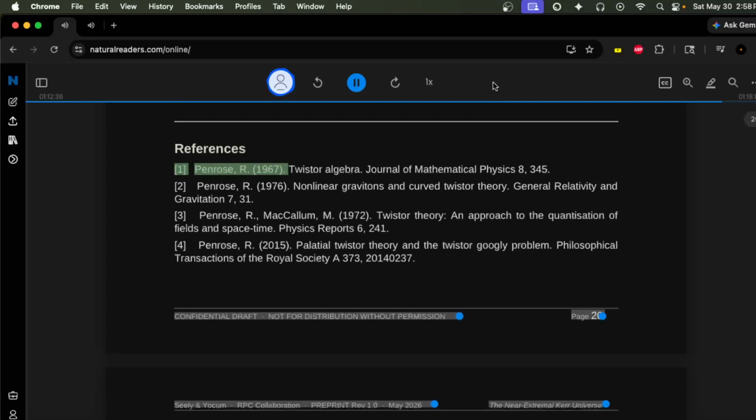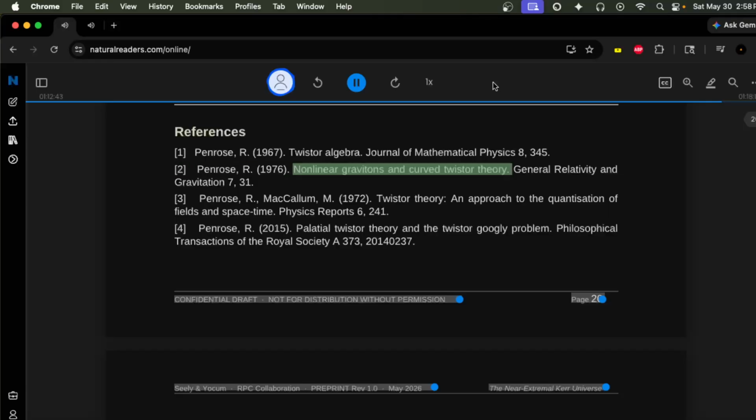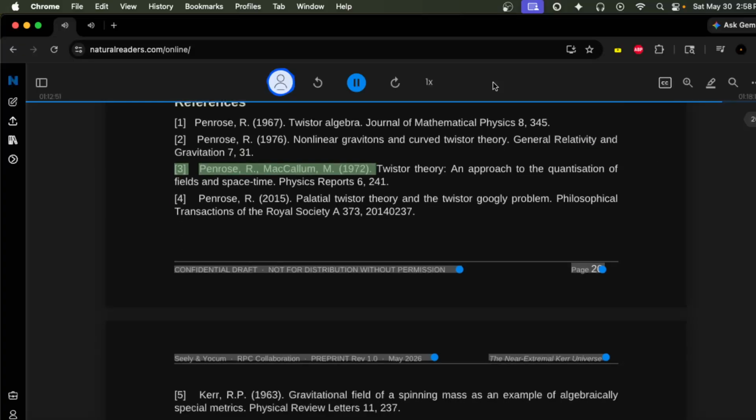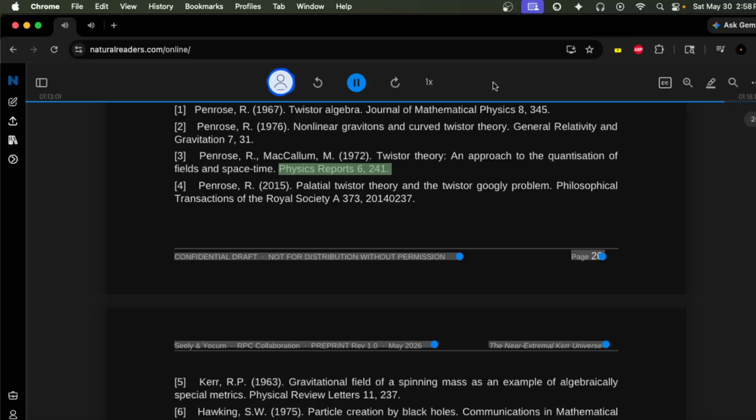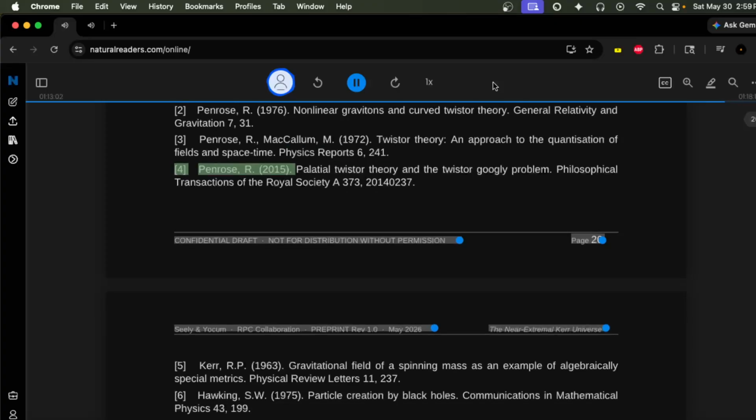References. Penrose, R. Twister Algebra, Journal of Mathematical Physics 8, 345. Penrose, R. Nonlinear gravitons and curved twister theory. General Relativity and Gravitation 7, 31. Penrose, R., McCallum, M. Twistor theory, an approach to the quantization of fields and spacetime. Physics Reports 6, 241. Penrose, R. Palatial twistor theory and the twistor-googly problem. Philosophical Transactions of the Royal Society A373,